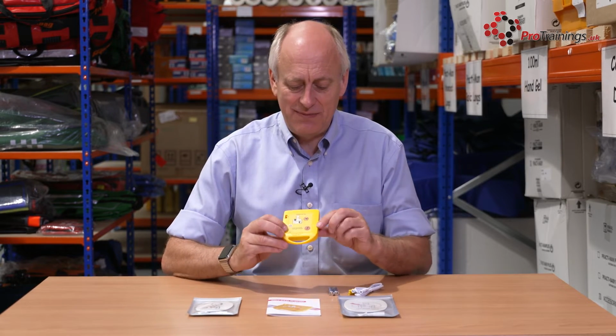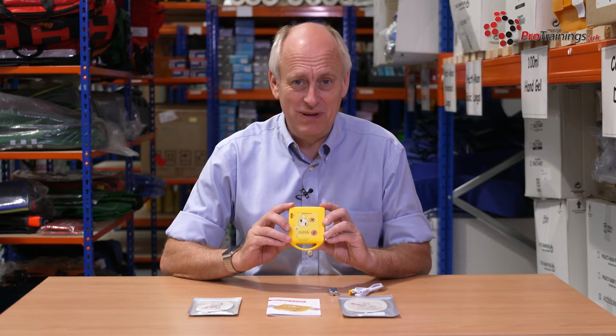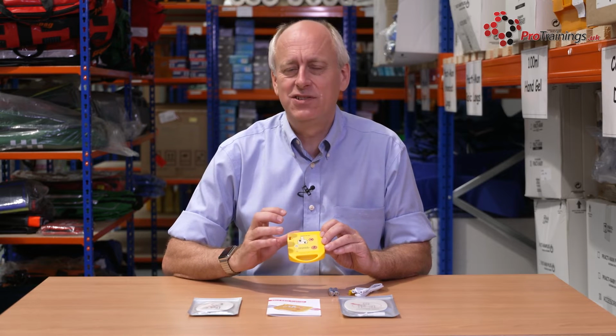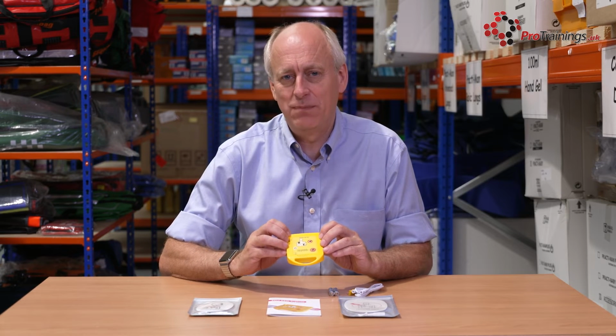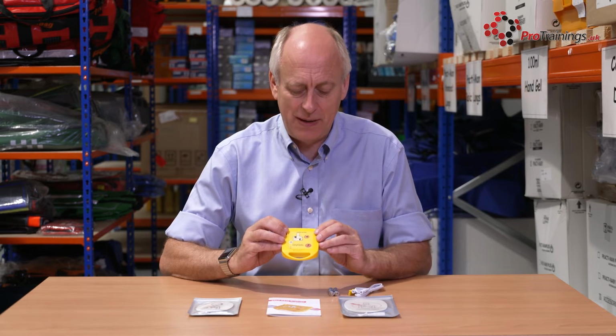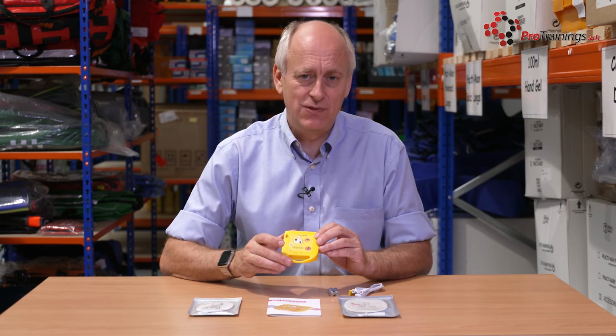Now the unit itself is this size. It is small. It's just designed to do a job of training people, and the key thing with this is just having the basic idea of following prompts. It has no scenarios and all that type of thing. You need to save that for your proper unit, but it does give people the basic instruction on how to